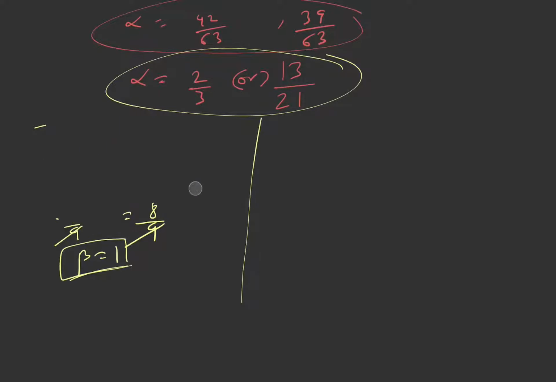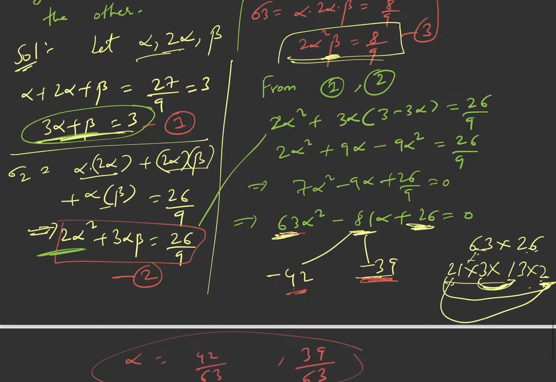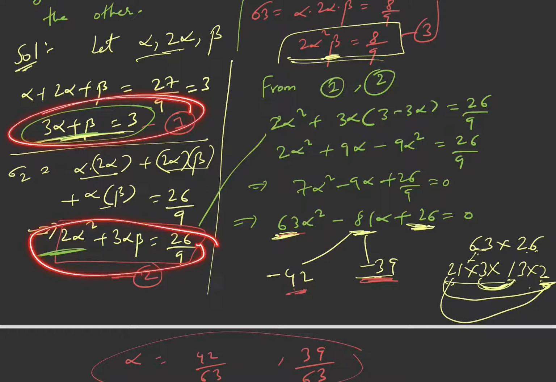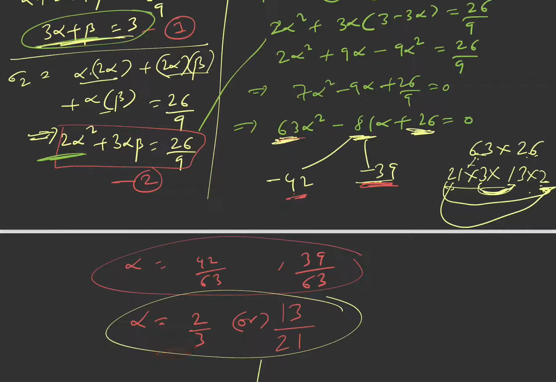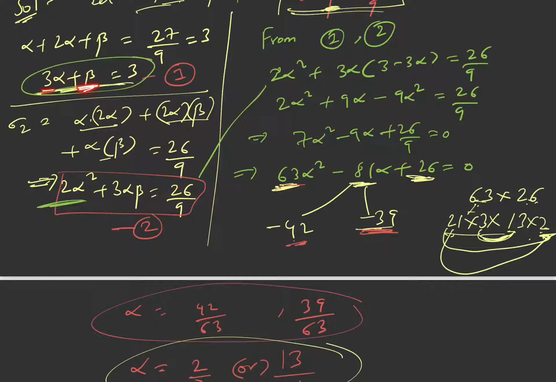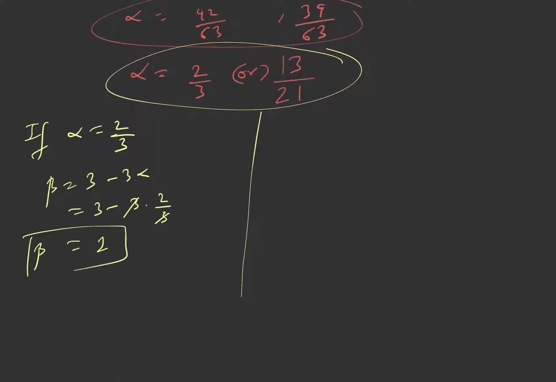Okay, instead of doing it in this way, let us do it in this way. So this is also fine, but see what I am saying is we have used equation 1 and equation 2 only to solve for alpha and beta, right? And we have got the value of alpha is 2 by 3. Now let us find the value of beta from equation 1 and equation 2 itself. So what is the value of beta? 3 minus 3 alpha, right? So if alpha is equal to 2 by 3, then beta is 3 minus 3 into 2 by 3, that is 1, right? So if alpha is 2 by 3, beta is 1.